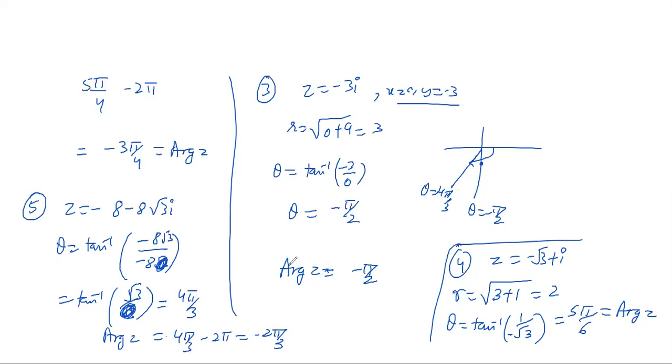You are already familiar with these questions. It's not necessary that you do it exactly the way I am telling you. I'm trying from my side to give you the most convenient way of finding these values of arguments and principal arguments. But if you are already efficient in finding them with your own technique, then it's okay, you can do that. Right? So this was about the polar form.